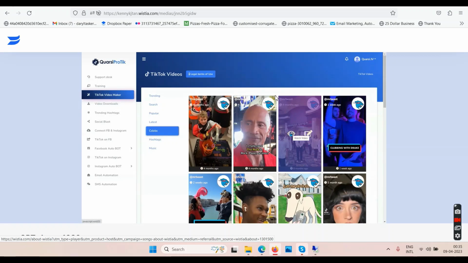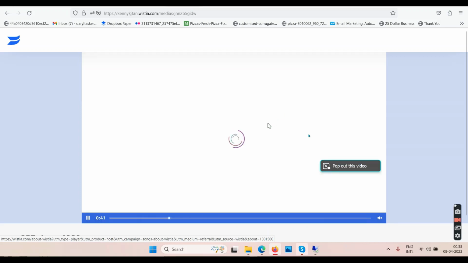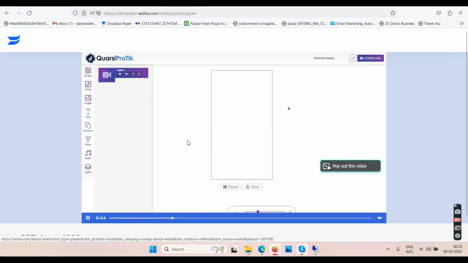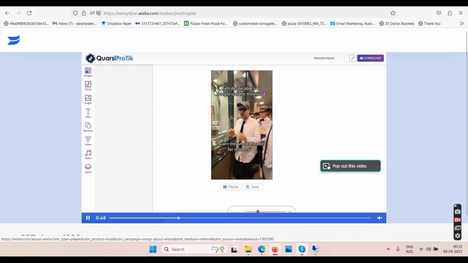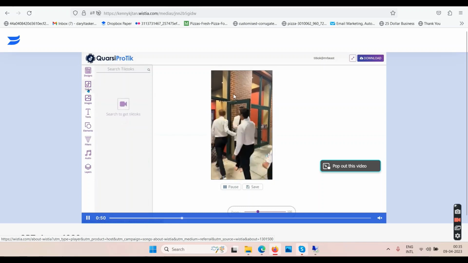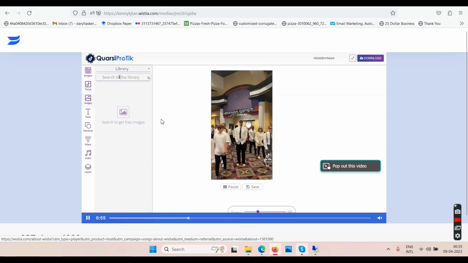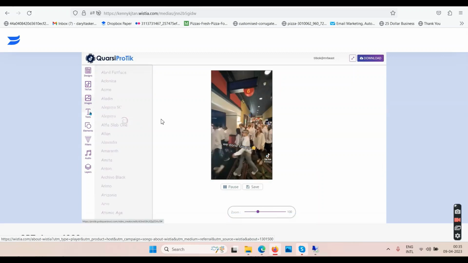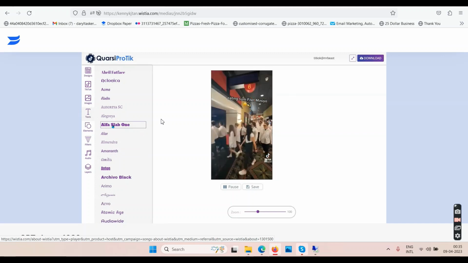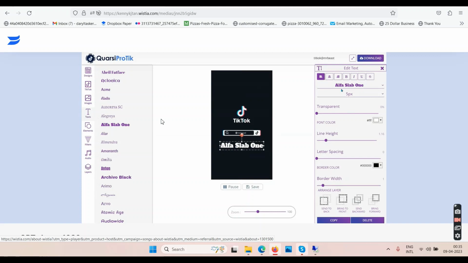Okay, and they're talking about how you go on somebody's channel here, for example they're taking the Mr. Beast TikTok channel. They have selected one of the videos, and you can customize it using the software. So you can add some elements, text and everything on top of the video. Then you can upload the same video on your TikTok channel and get some traffic, theoretically, if you believe in such things. So yes, the software is all about